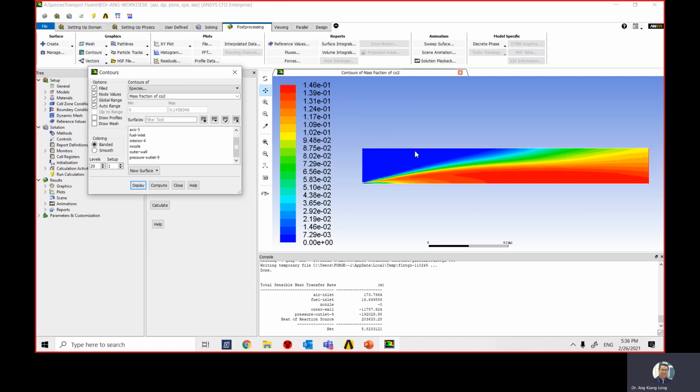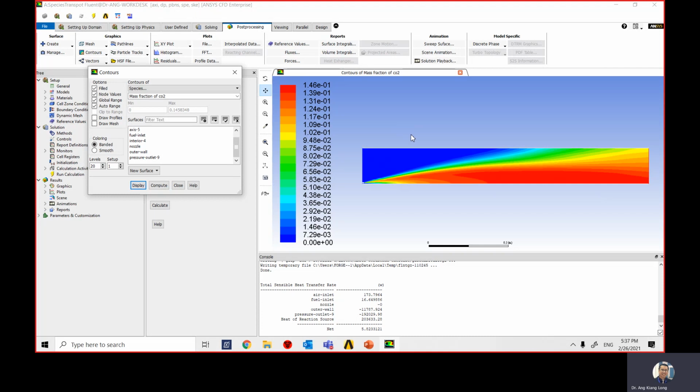Select CO2, click display. So this is your CO2. You can see the maximum CO2 products will be happening here. The minimum will be here because this is your inlet, which is logical. The oxygen is over here, and then there's mixing, combustion happens, and then you have CO2 at 0.146 in this region over here. Okay, so this is how you see the CO2